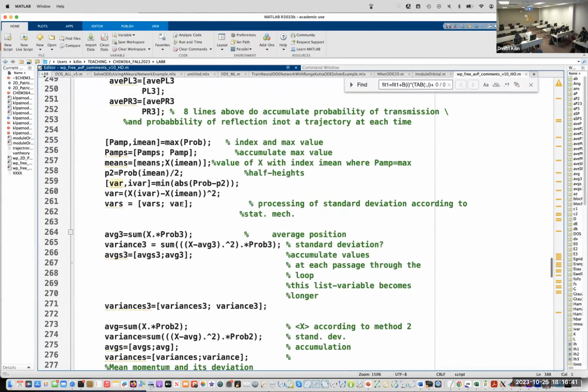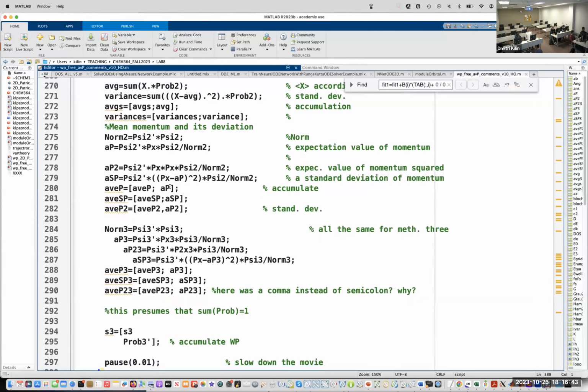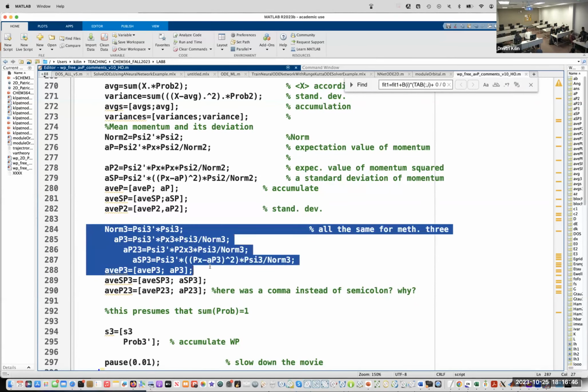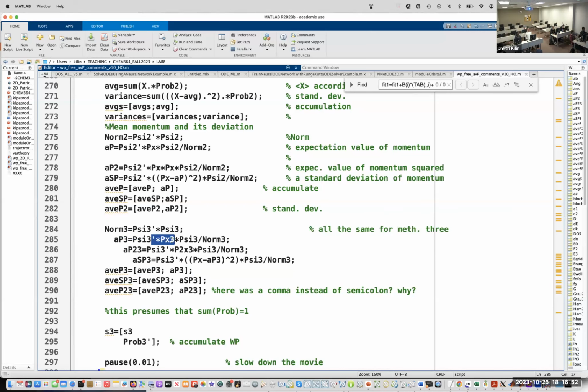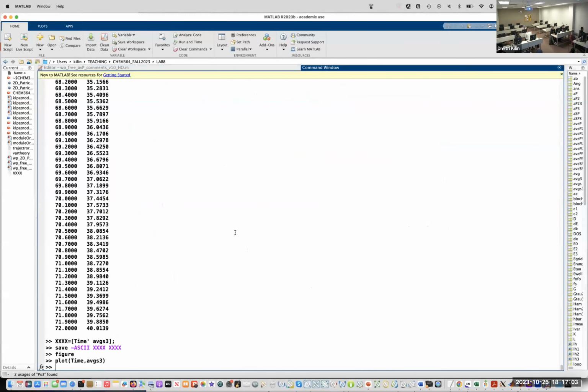Let me go backwards. Those 5 lines are for momentum, right? Because it finds the expectation value of px3 that is defined earlier. If we have forgotten what px3 is, we can just redo it. So mesh px3, it will likely show zeros because it is imaginary.